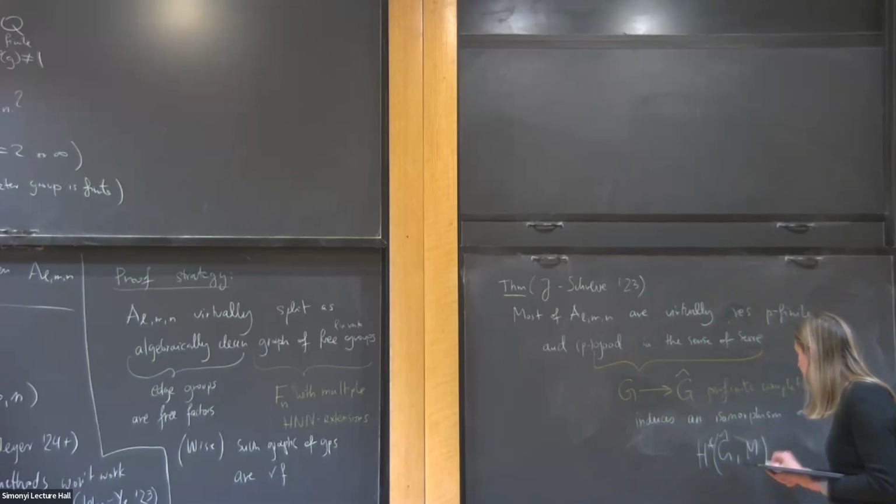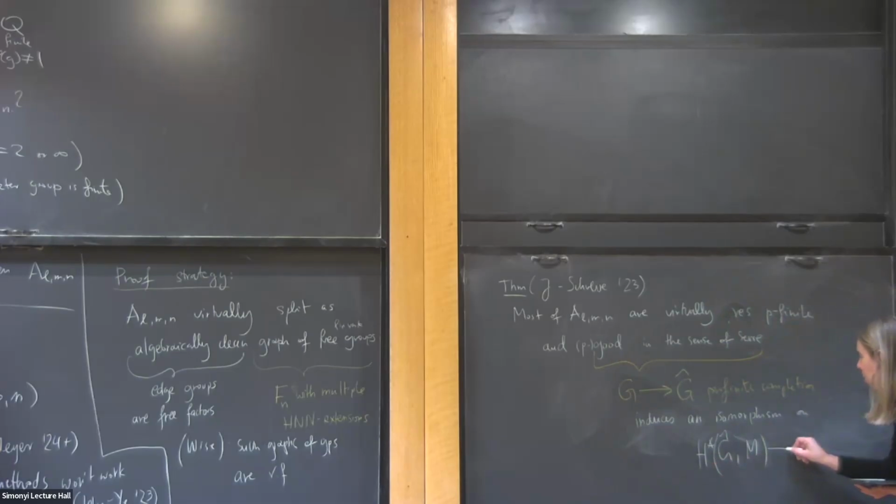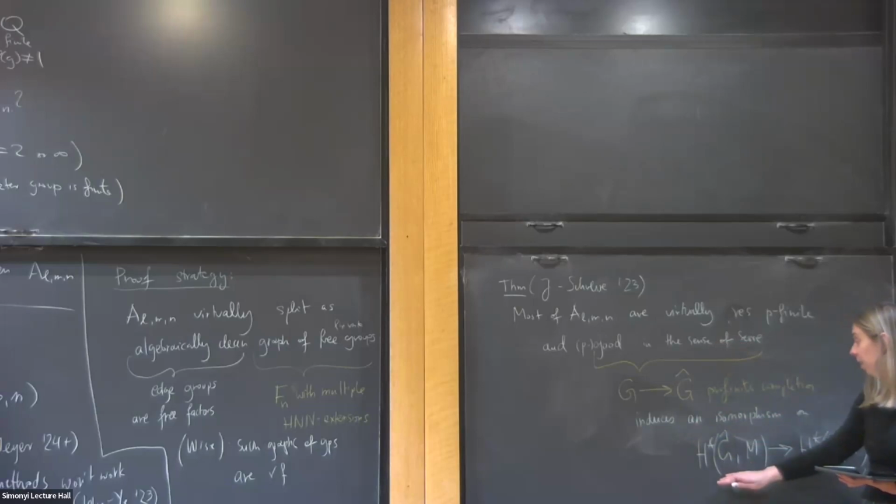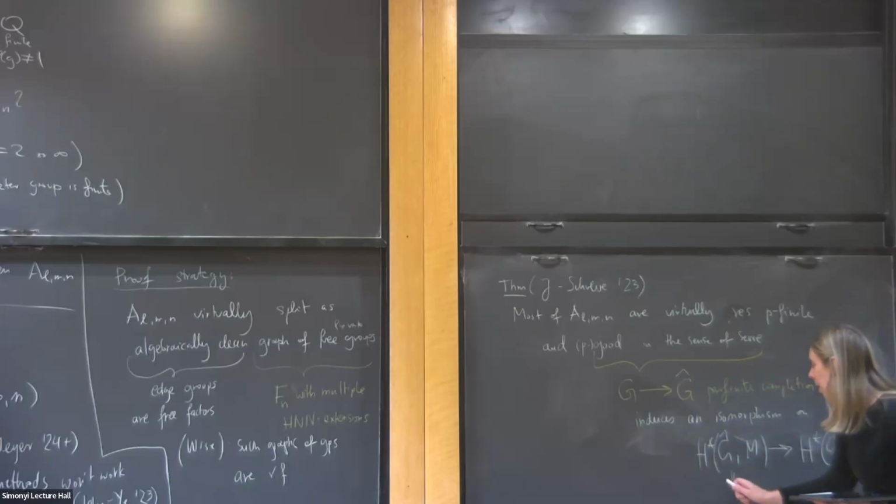So if I take homology with coefficients in any finite G-module, I have the induced map. And being good means this is an isomorphism. This is maybe a little bit mysterious object, because this is like a profinite group. But this you can think of as just a limit of